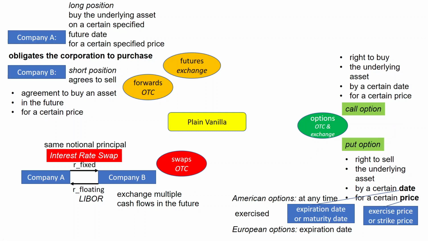Okay, and also we can have options. Call options, put options. If I would like to have the right to buy, or the right to sell an underlying asset at a certain price and certain date, we know that in this case this is an asymmetric position, unlike the futures and forward contracts, which obligate both parties. In this case, we are paying the premium or option fee